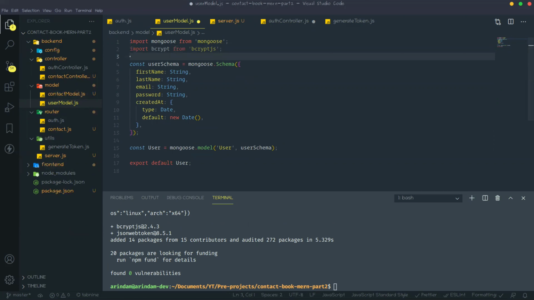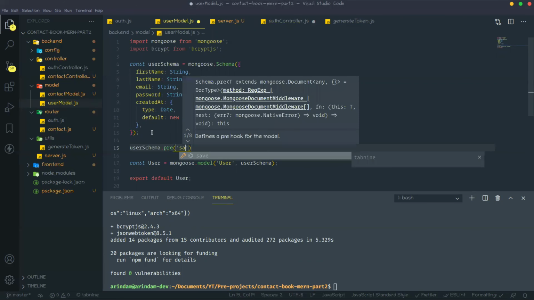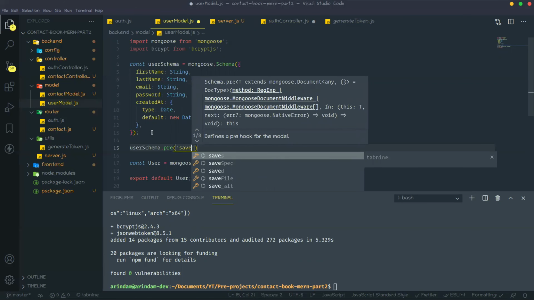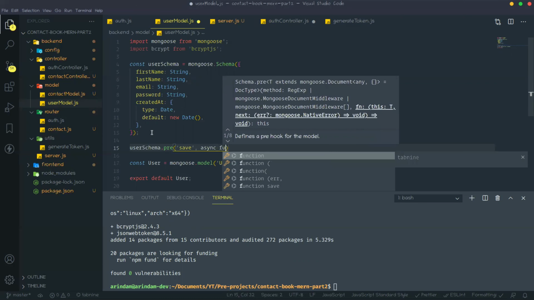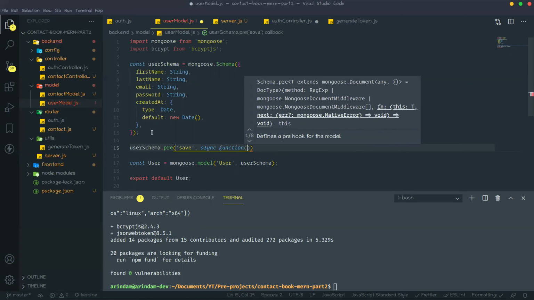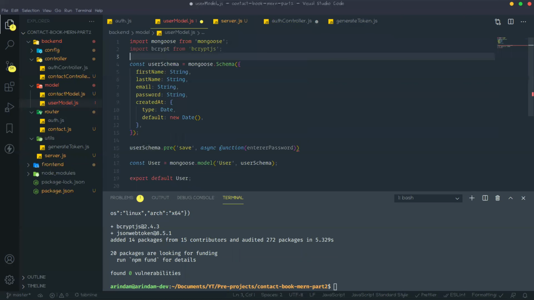Next, on the user schema, userSchema.pre save, that means before save, we call another function that is async function, and in that function there should be next, not password.